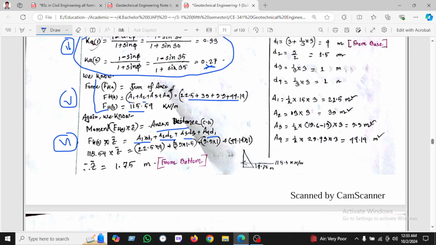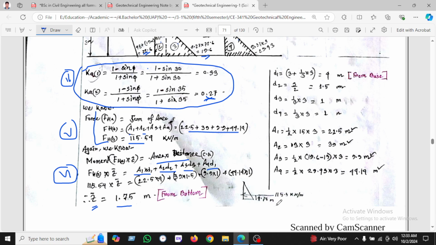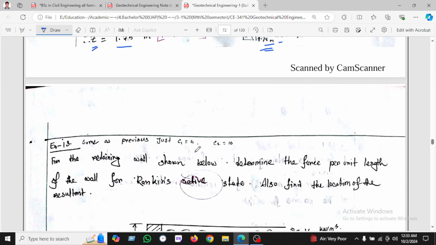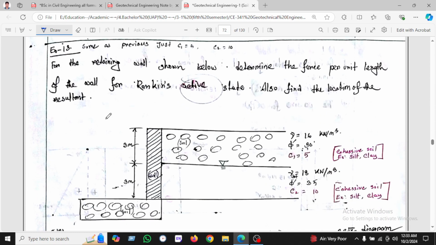In this way we will calculate all these areas and find the unknown value Z, which is 1.75 meters from the bottom. So we can see here in the diagram, 115 is the lateral force acting at 1.75 from the bottom. So you can see another example here